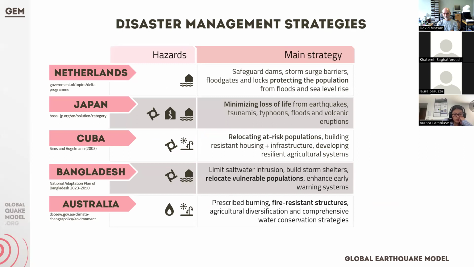So how are we as societies coping with this? To give you some examples, I'm putting here countries from all around the world: the Netherlands, Japan, Cuba, Bangladesh, and Australia. These are different countries with different levels of development, but they are famous because we always see them in the news, affected by droughts,